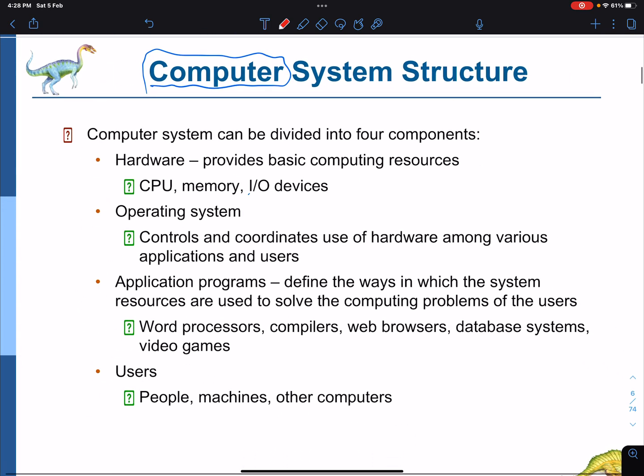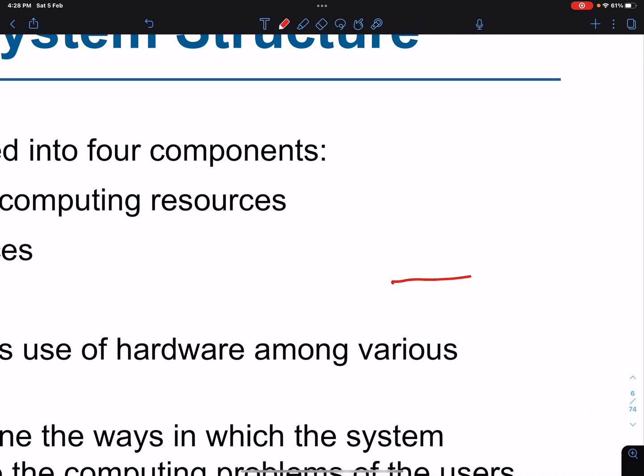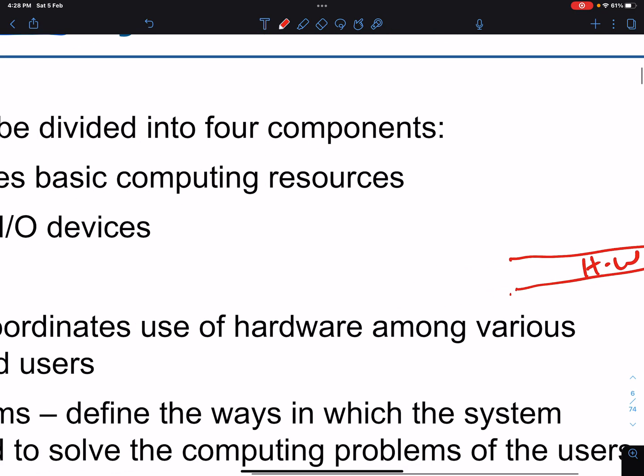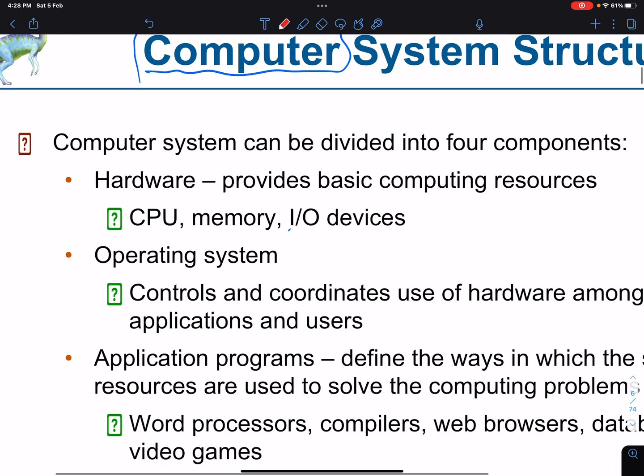You can see the computer system architecture as layers. So you have the hardware layer. What is the hardware layer? It's the computing resources. This word is the basis of this course.